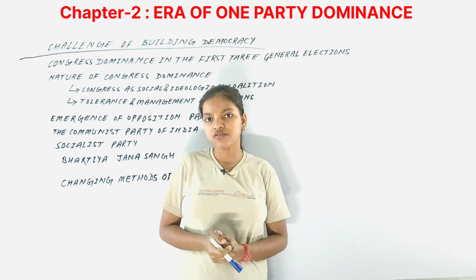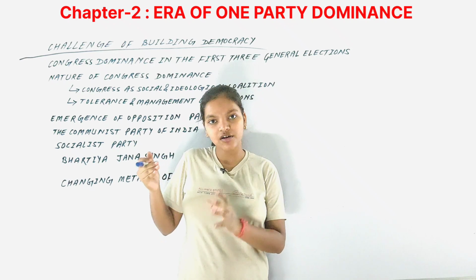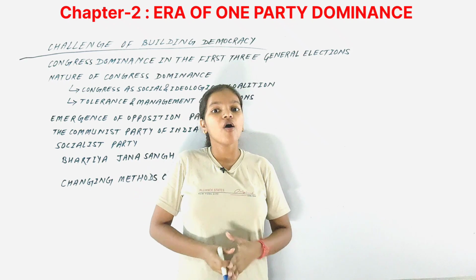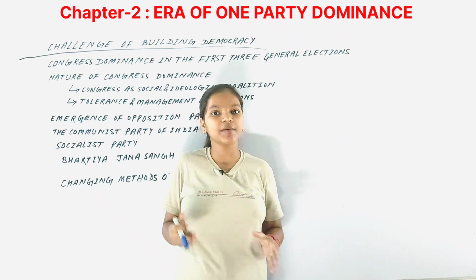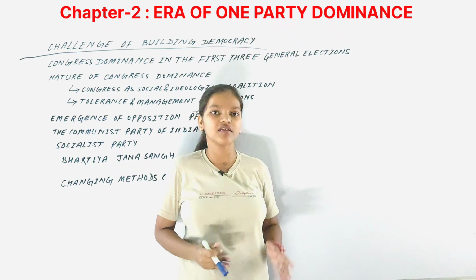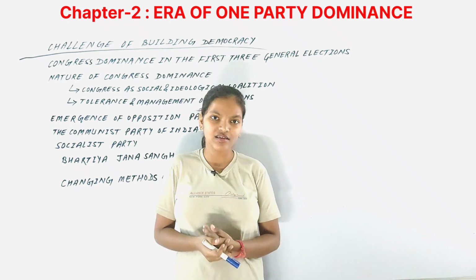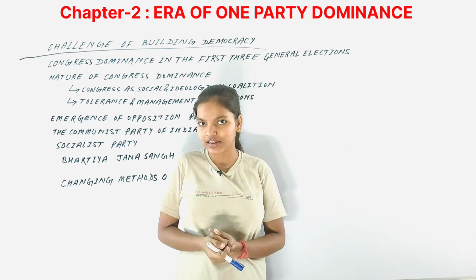Second was the electoral roll. Now, the electoral roll is a list of all the eligible voters in a particular constituency. There has to be some list, otherwise what would happen? A person in a particular constituency would be voting in many other constituencies as well, and that is why the electoral roll becomes important in an election.